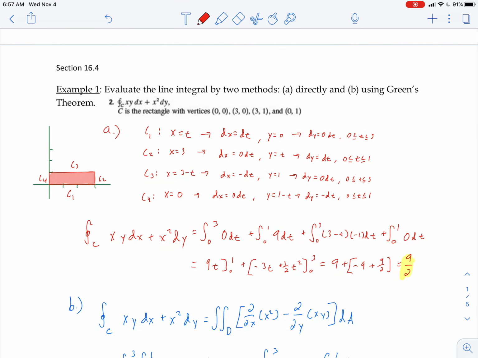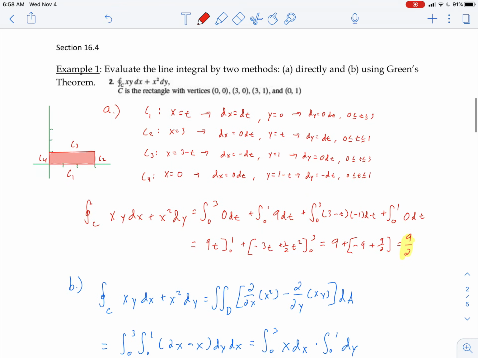I have C sub 1 defined as x equals t, because that is what's changing. It's a straight line, and my y is going to be 0 because my y is not changing, and I'm going from 0 to 3 for t. C sub 2, x equals 3, y equals t, because that's what's going to be changing. And you don't have to have all of these exactly the way that I do. But once you've found your C sub 1, C sub 2, C sub 3, C sub 4,